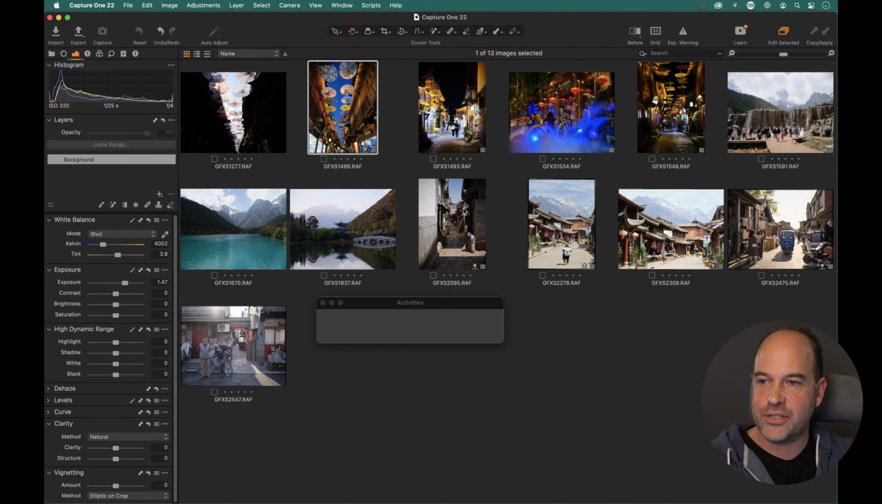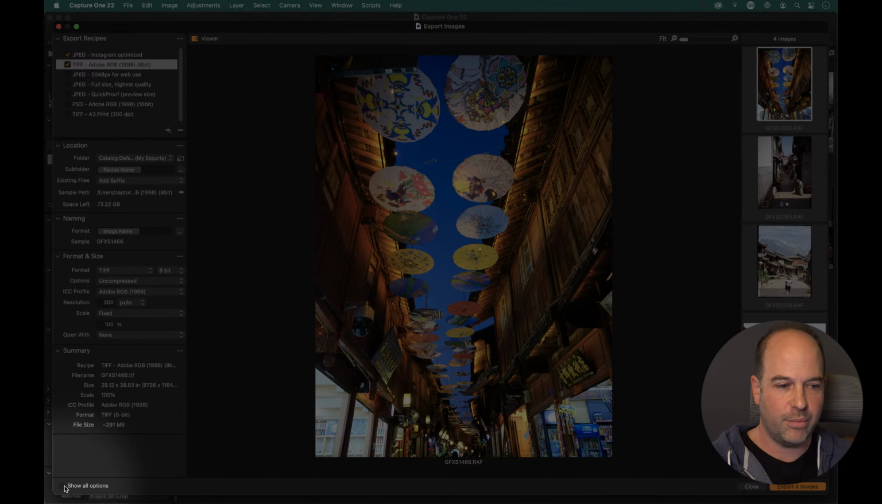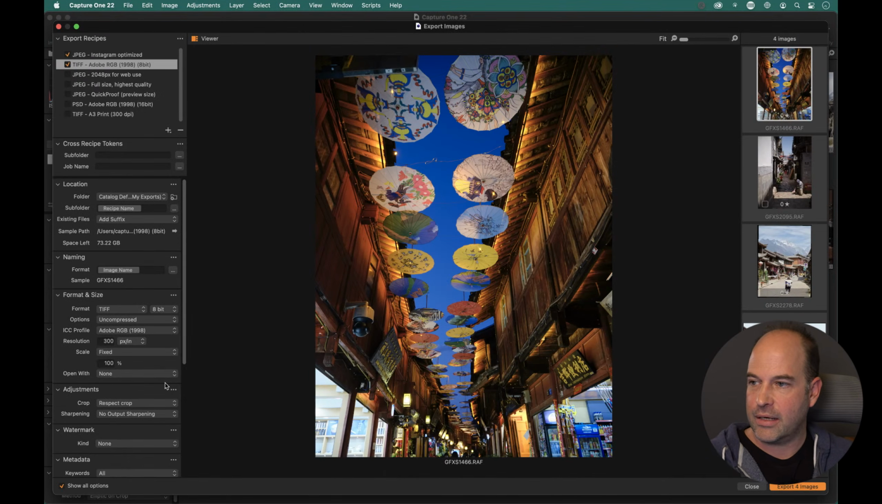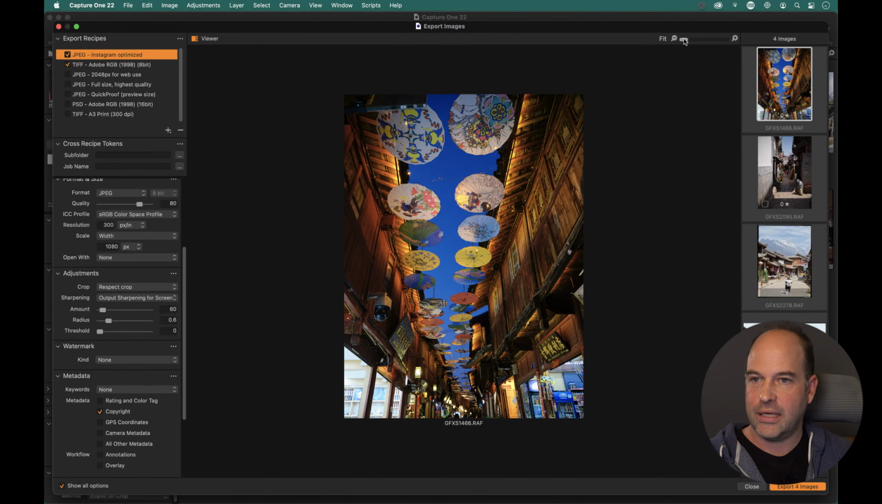Now that's really just scratching the surface of what's possible in the export dialog. If you want to liberate some more features, you can say show all options down here at the bottom, like so, and that will add a couple of important things like output adjustment. So if we go to the Instagram optimized recipe,